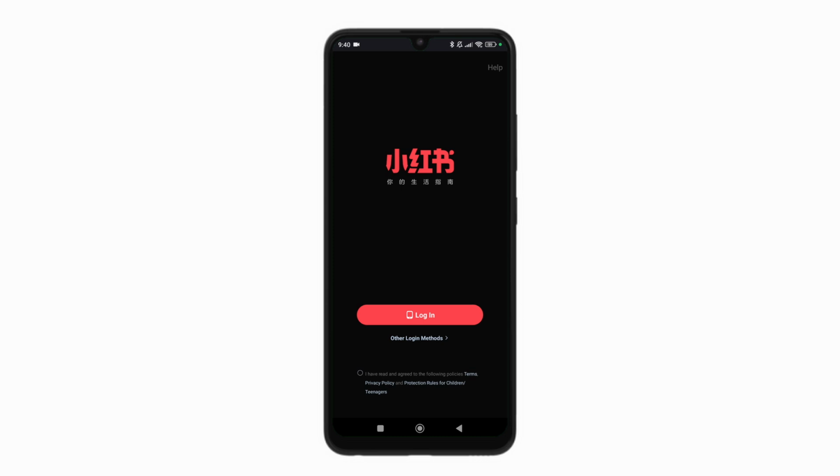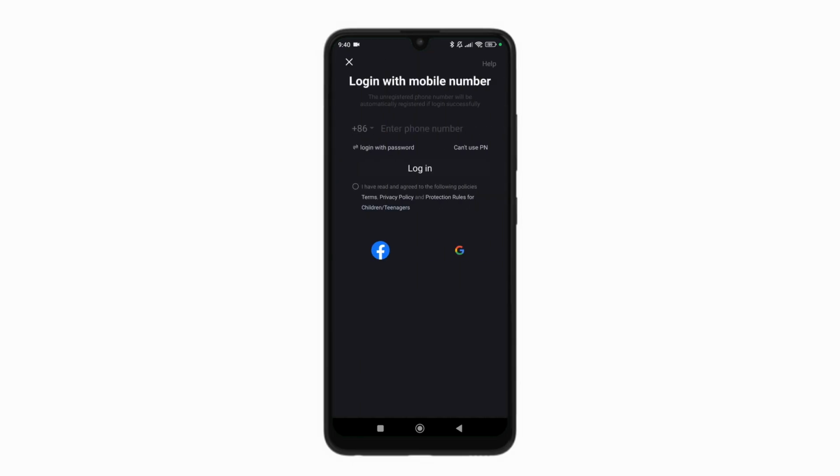So if I press log in here, instead of logging in with a phone number, we're not going to do that. Instead, we're going to log in with either Facebook or Google. This way, by logging into either of them, we won't need to do a verification because it's already done by Google or Facebook themselves. So for example, if I log in with Google here, let me just press Google, and